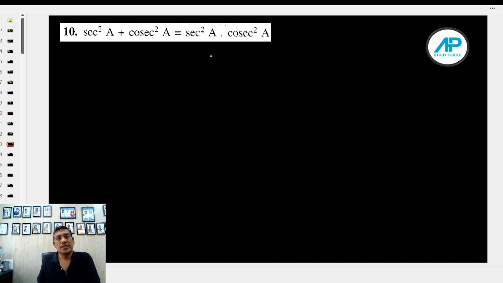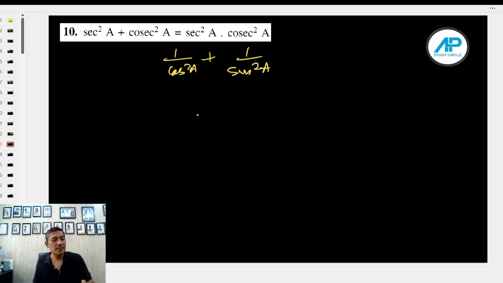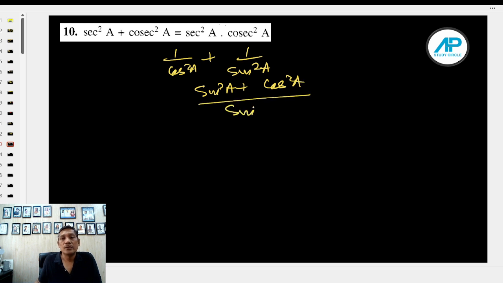Sec square a plus cosec square a equal to sec square a dot cosec square a. What can it give me? What should I do? I don't find any reason in your mind what to do. तो फिर एक लाइन का मंत्र याद रखिए, चेंज करिए cos स्क्वायर ए में और sin स्क्वायर ए में. आपकी आधी समस्या सॉल्व कर लेते हैं साइन स्क्वायर एंड कॉस स्क्वायर। एलसीएम लेना तो भी आना चाहिए, अगर एलसीएम लेना भी नहीं आ रहा है तो थोड़ी सी गड़बड़ है बच्चों, और अपने आप को अलर्ट कर लीजिए।